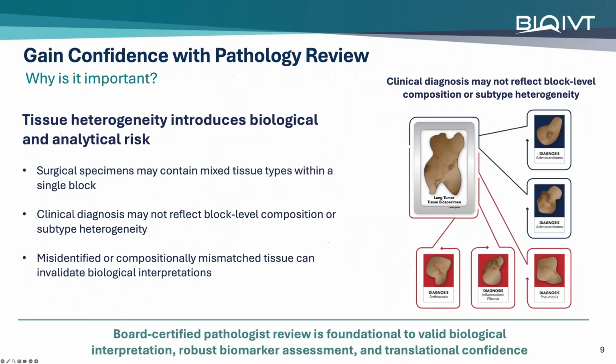In the next example, the same principle applies at the specimen level. A clinical diagnosis tells us what disease the patient has, but it doesn't necessarily tell us exactly what's present in the particular section of tissue used in an experiment. Tissue regions can be highly heterogeneous. A single surgical specimen may contain tumor cells, adjacent normal cells, fibrotic tissue, inflammatory infiltrates, necrosis, and other features that are very different in proportions. So two blocks from the same specimen can produce very different molecular and functional results because they contain different biology.